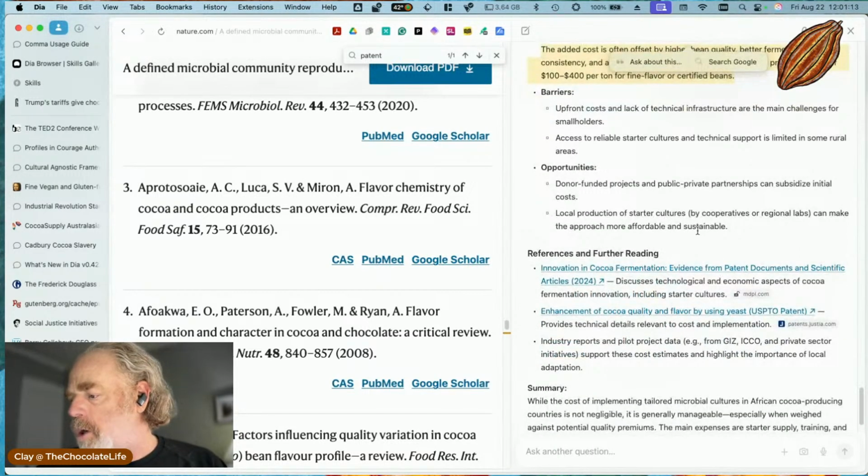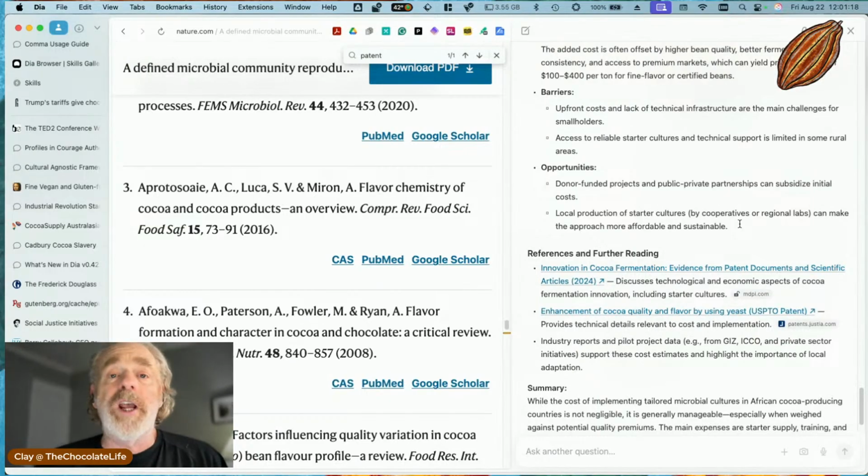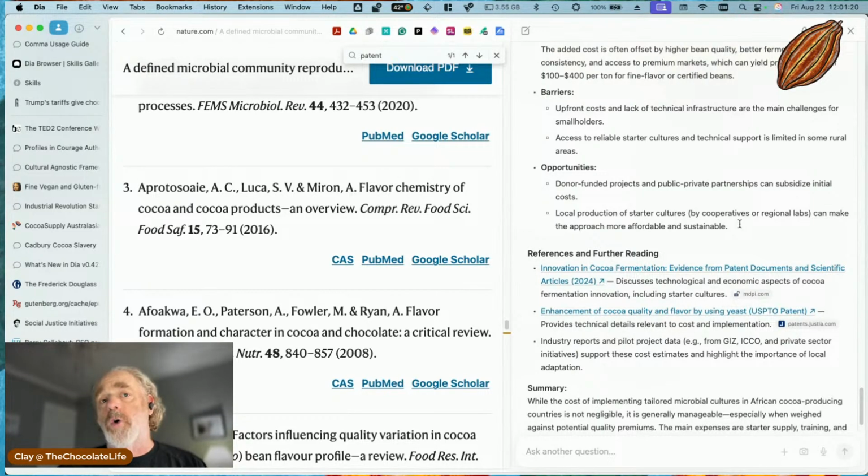Local production of starter cultures can make the approach more affordable and sustainable. And this could be interesting, because what it does is we've just created an entire new category of jobs. So people involved in the cocoa sector can be people with chemistry degrees. We can get investment in terms of laboratories and things like that. That could be interesting for international development. But